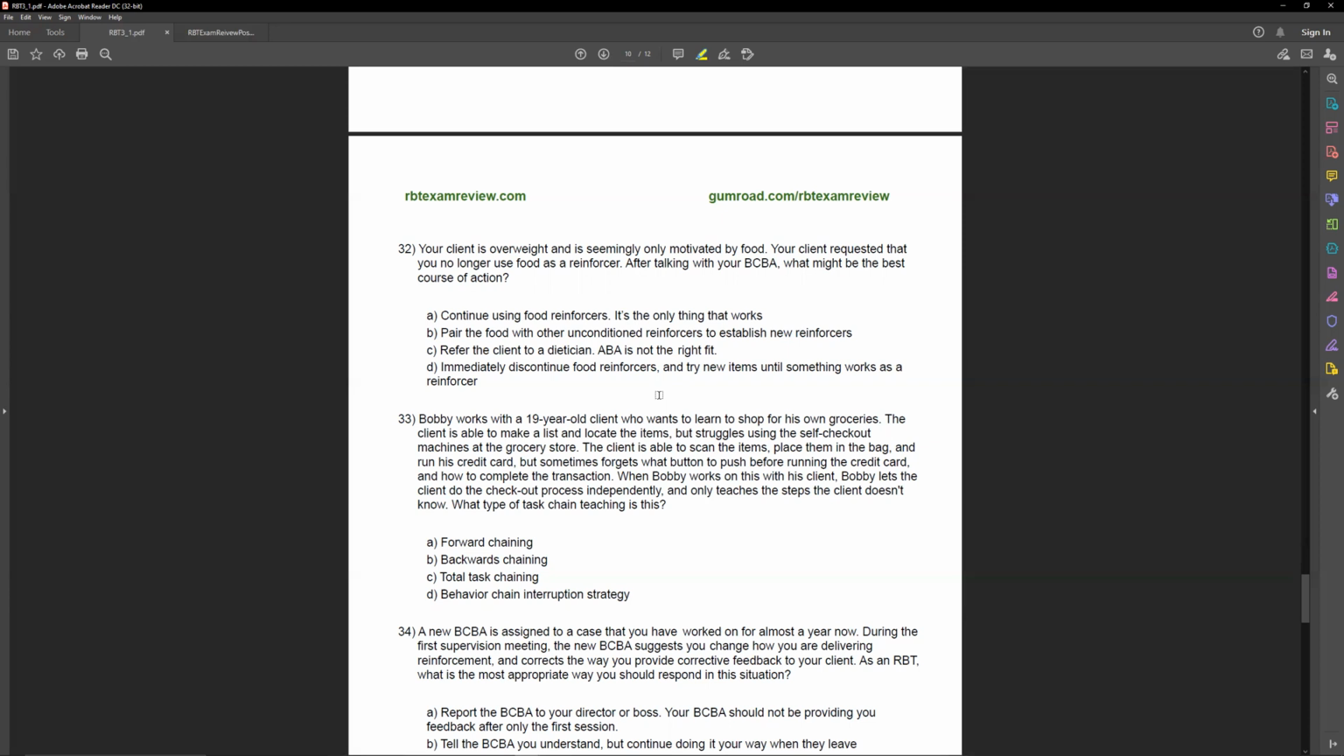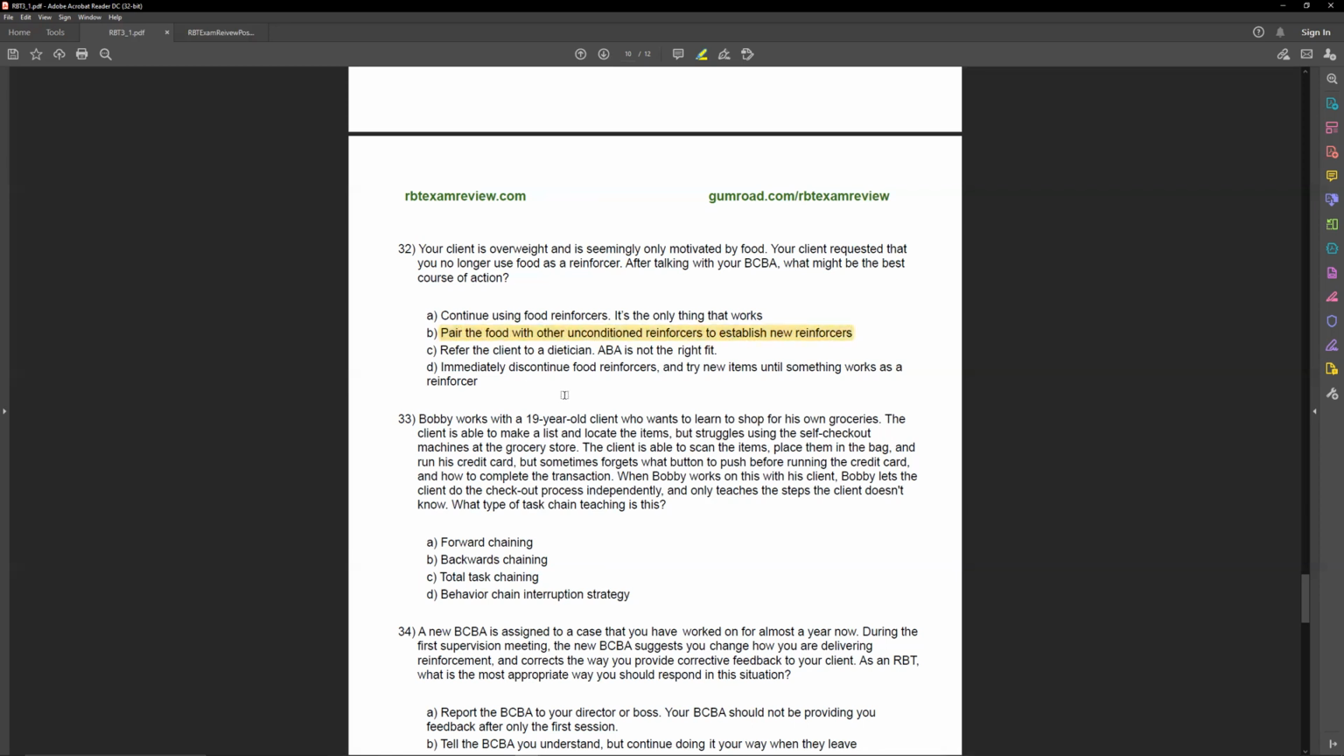So C is wrong. D, immediately discontinue food reinforcers and try new items until something works as a reinforcer. Well, maybe you immediately discontinue food reinforcers, right? But we know that we're only motivated by food, okay? So instead of just immediately discontinuing it, right, we fade it out, okay? And as we fade it, we start to pair it with other things, okay? Immediately discontinuing the reinforcers that work, right, could impact behavior, it could impact skills, okay? It could impact treatment overall, right? So instead of just immediately discontinuing, you fade it out and you pair it with other unconditioned stimuli to create